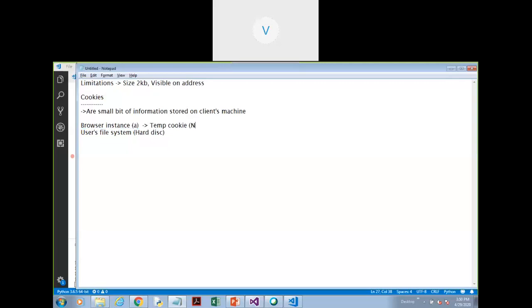That is known as a temporary cookie. We call this a temporary, or also it is termed as a non-persistent cookie. Then we have one more option, something called a persistent cookie. So this is called a permanent cookie, or we also call this a persistent cookie. Because now it is stored on my file system, it is there on my hard disk. So even if I restart my system, the cookie is still there. That is basically termed as a persistent cookie. Okay, ma'am, so we have these two options.